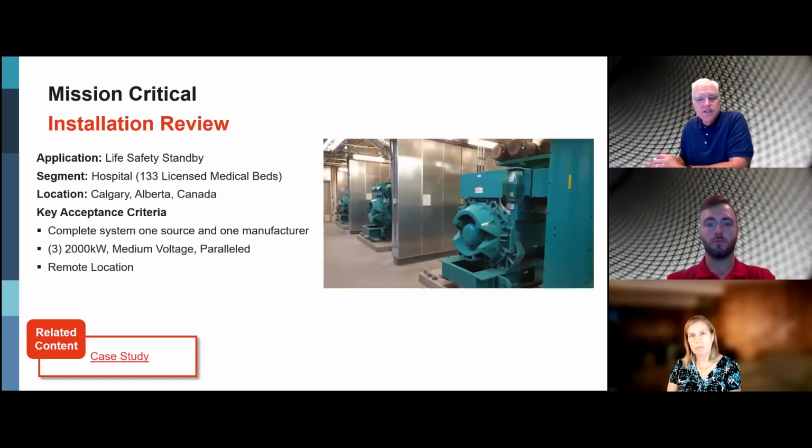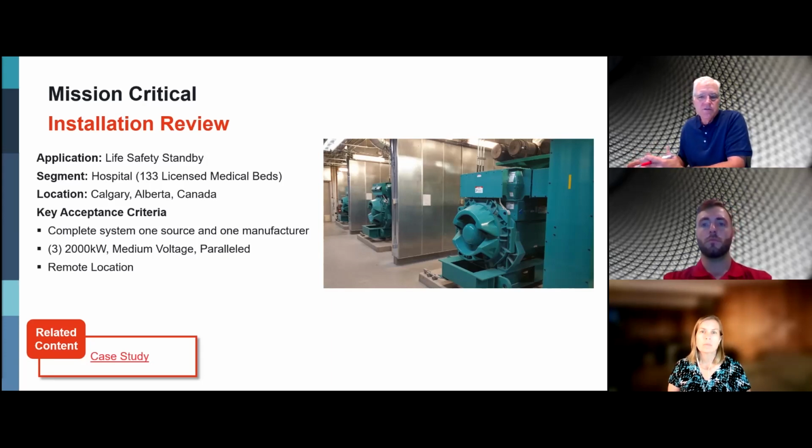Finally, in our third case study, we'll talk about a Canadian application, Alberta Children's Hospital, located in Calgary, Alberta, Canada. It has a 3 x 2,000 kW medium voltage application. It also has paralleling gear, digital controls, and a remote power generation facility, so it's not actually included at the hospital campus. And there are a number of step-down transformers